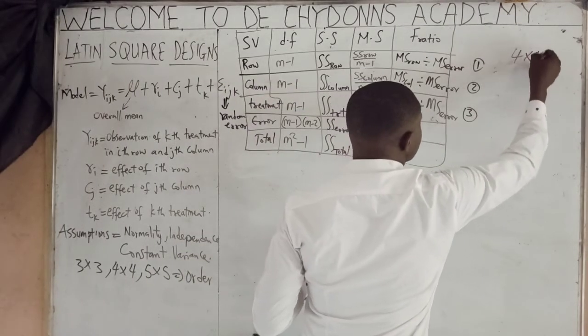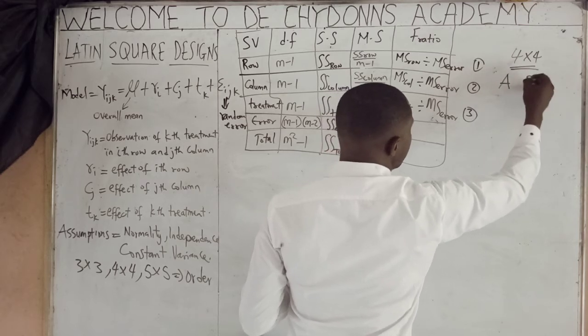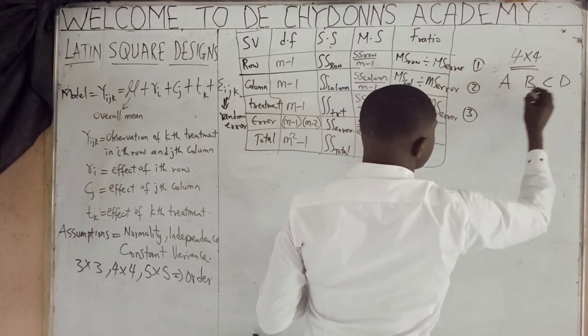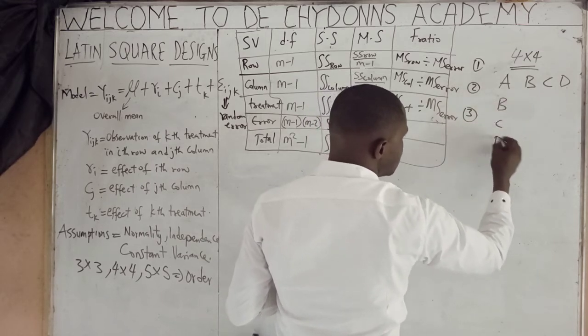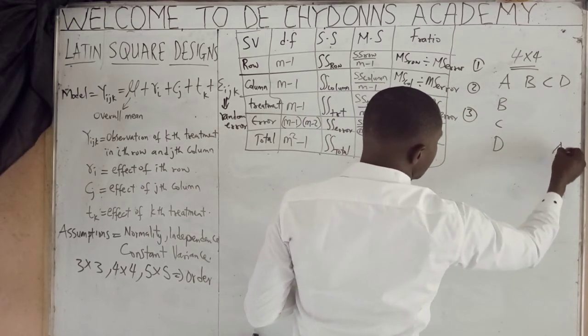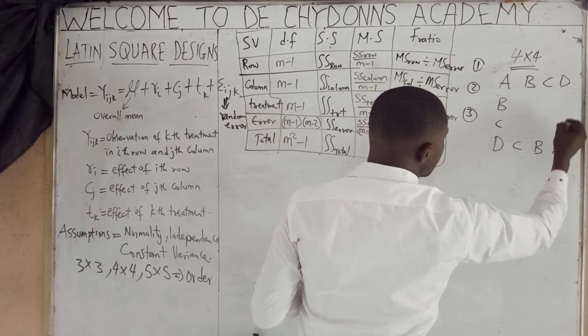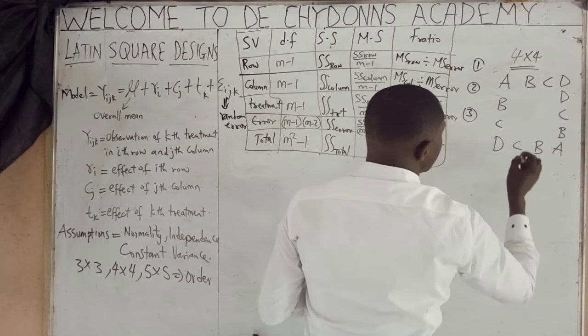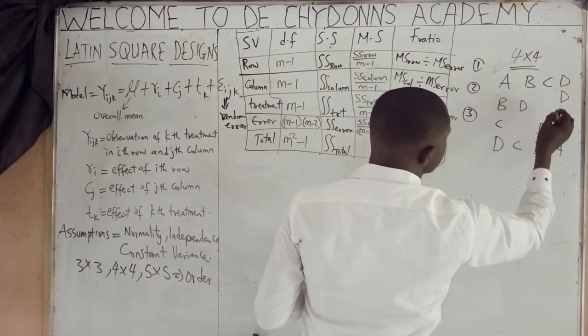4x4 Latin square design. See how you randomize it. A, B, C, D. Then A, B, C, D. Then A, B, C, D. Then A, B, C, D. Then you now write D, D,